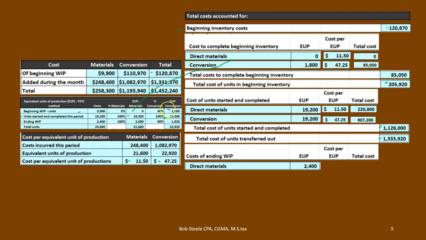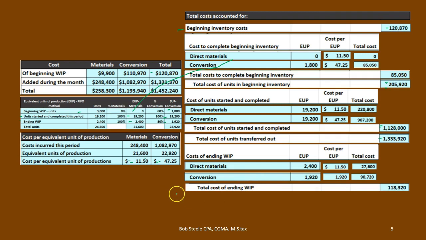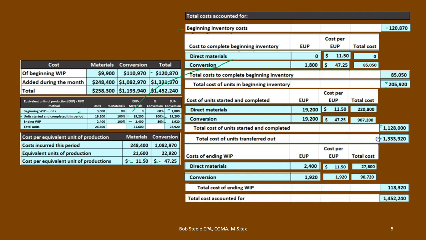And here we have the 2004, so here's the 2004 times the cost per unit, the 1150, gives us the 27.6. And we have the conversion, 1920 times the 47.25 cost per unit of conversion, gives us the 90,720, and that adds up to a total cost of ending work in process, 118,320. And then if we add up these outer columns here plus the 118,320, that gives us the 1,452,240. The reason we want to calculate that is because that should tie out to our total cost number here